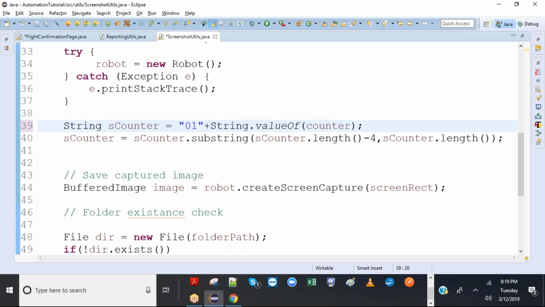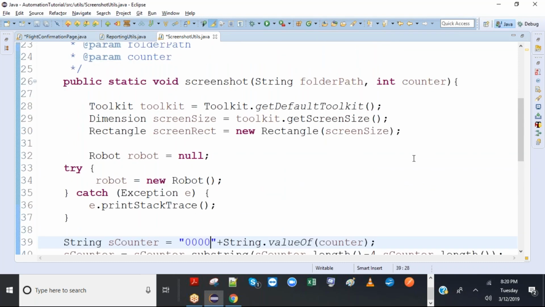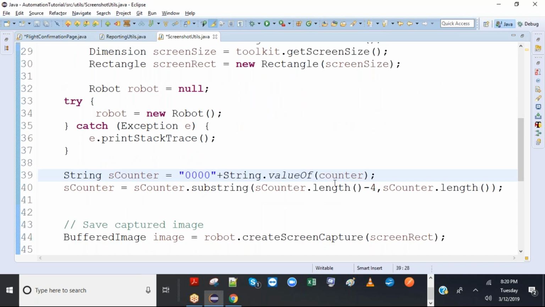Okay, that way it will only work for 01, 02, 03, up to 99. That's sufficient, but just in case. So let's put this. And string dot value of counter. Okay, so the counter is an integer. So in order to take its value, string has a valueOf, so I'll take it and append it to 00.